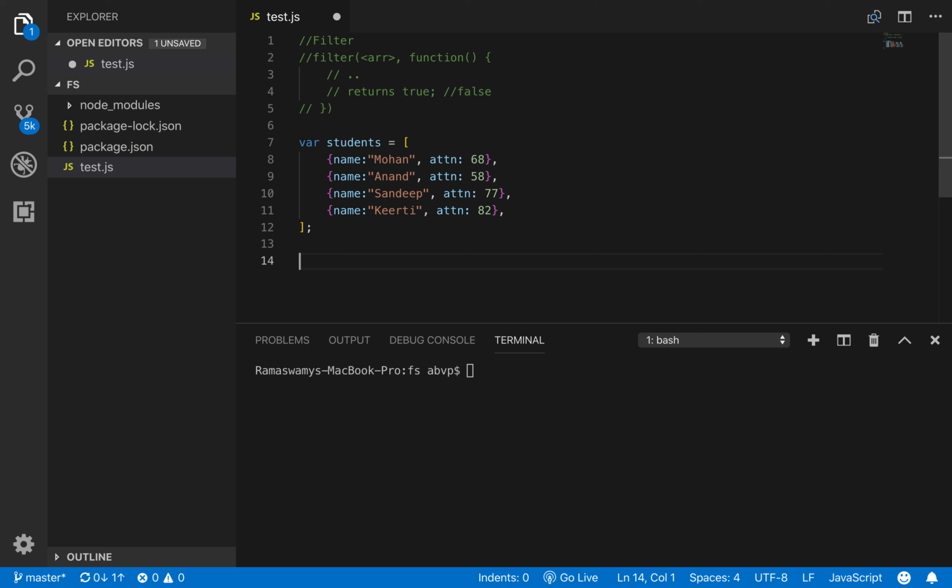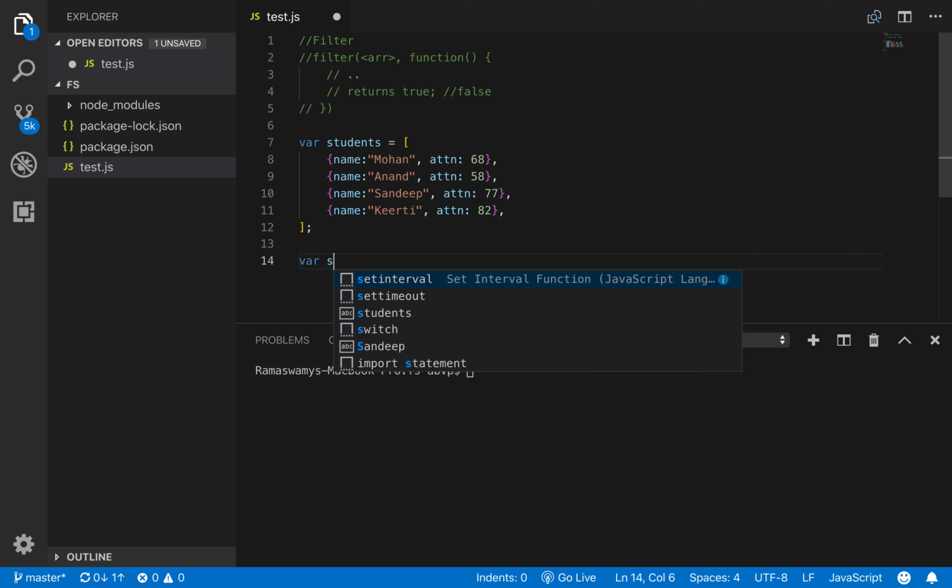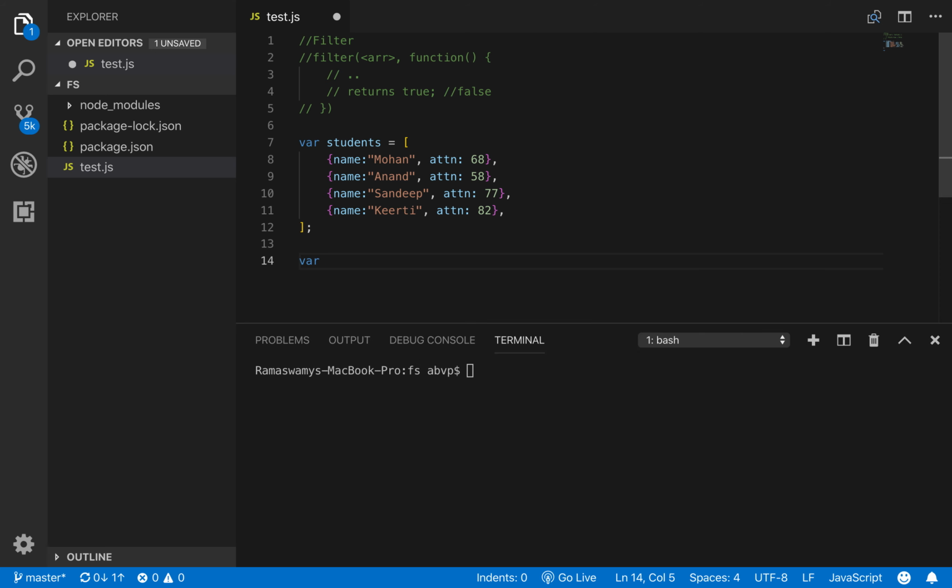Let us now create an empty array so that we do not modify our original array. So let us create an array called, say, attendance OK.